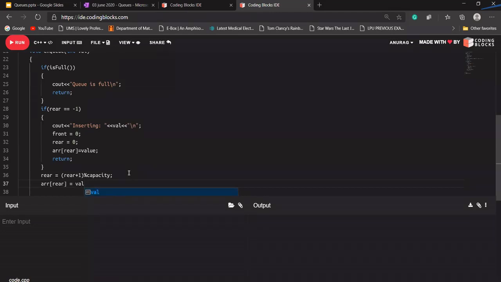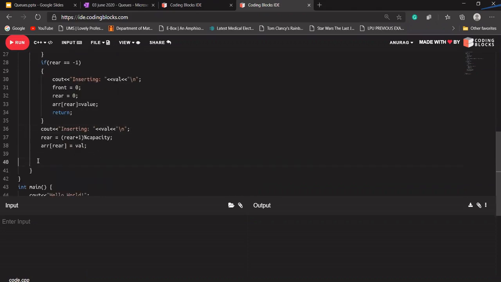So now, if rear is being incremented, I'm writing array of rear is equal to value, and before doing that I'm printing a statement, inserting that value into a queue. Okay, I hope the enqueue operation is clear. Okay, let's quickly design our function dequeue. At any point if you face any problem, please do ask. We will not pass any argument to it. Let's say if is empty,